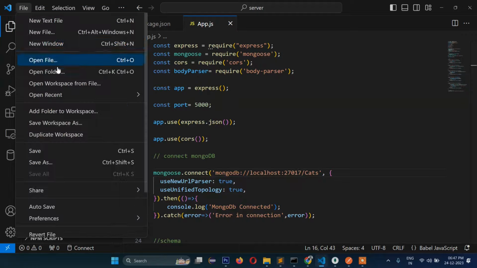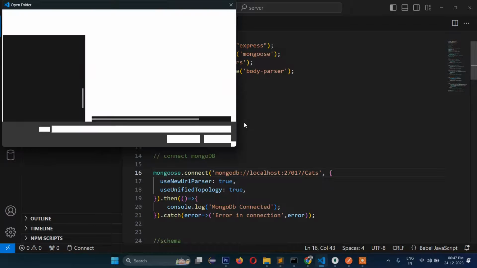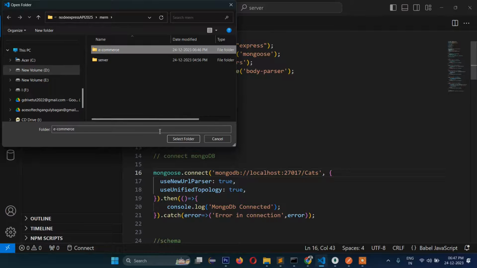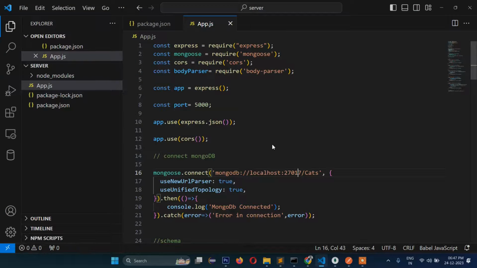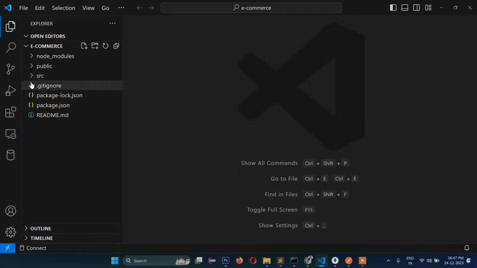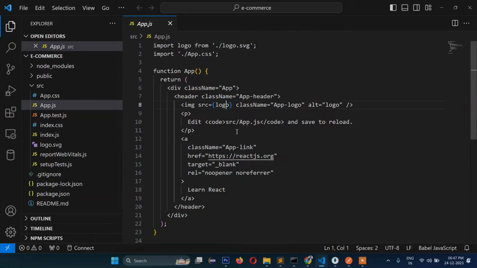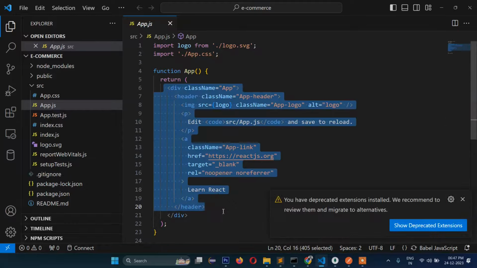We will open here the folder of this e-commerce. So we'll go to src, then app.js. Inside this file we will make modification. So inside return delete everything,